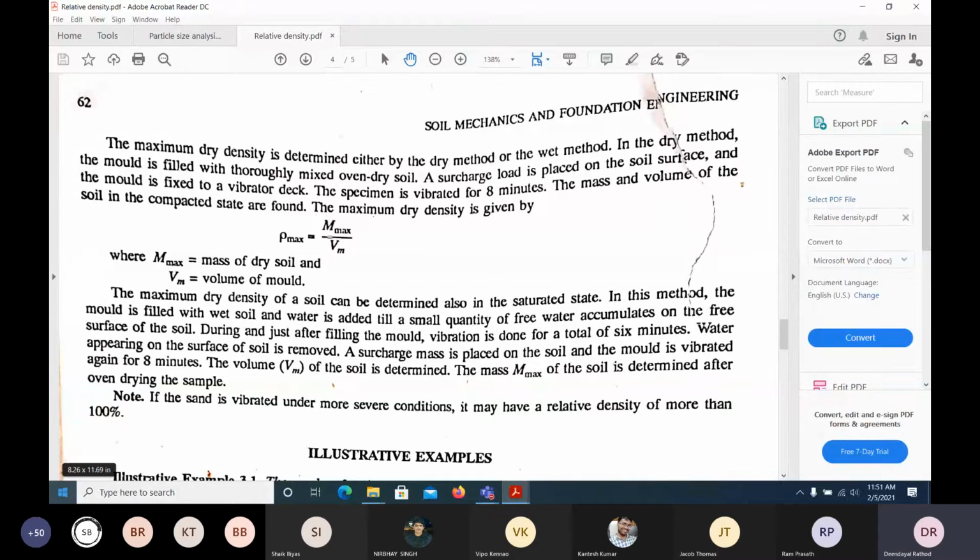We'll try to shake it, and again apply a little surcharge, and we remove that water which is above the sand. Then the sand would be fully saturated, and we can measure the volume of that sand in that particular cylinder. And mass we know. Mass, how do we find out? Again, dry the sample and find the mass, and the volume we know, which is very small. In that way weight analysis also we can do, and our aim is to find out the maximum density and the minimum density.